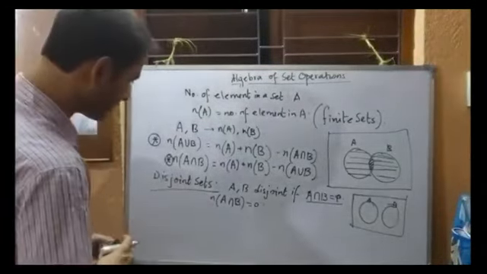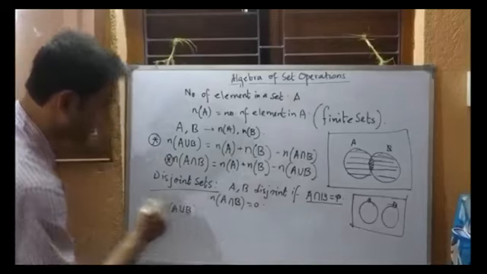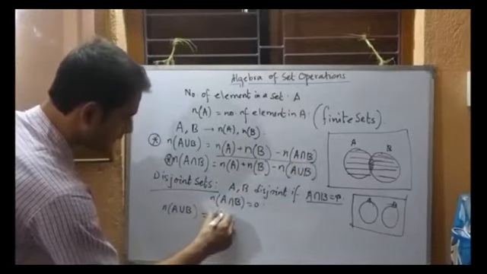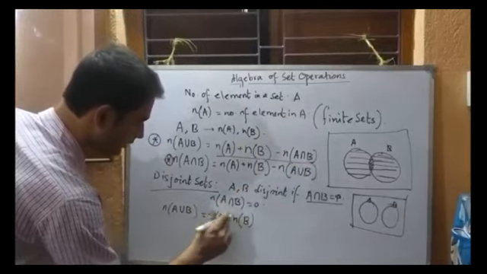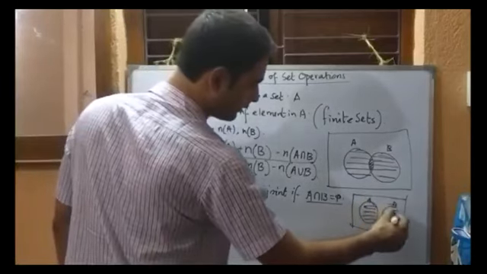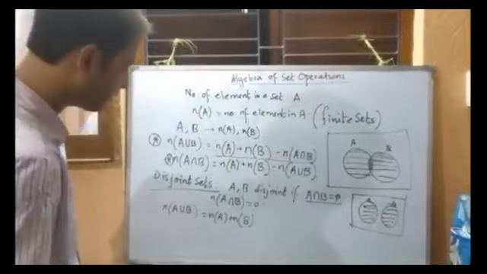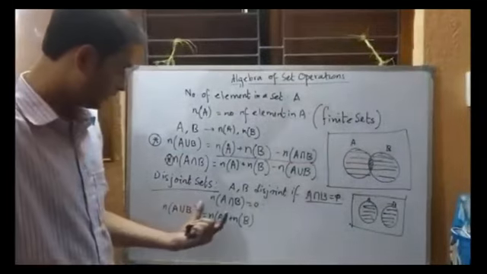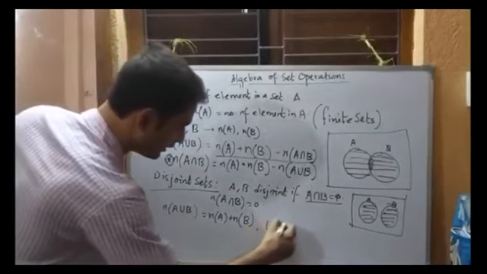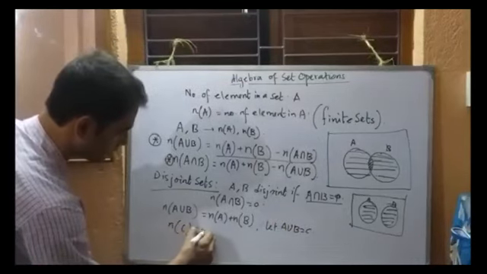Okay, so if this is the case, then see what will be the value of n of A union B. From here we can say n of A union B will be the sum of n of A and n of B. It means we consider all the elements here and we consider all the elements here. The total sum of these two numbers of elements will be the number of elements in A union B. So whenever we have some set, say we consider here A union B as C, then we can write n of C is n of A plus n of B.